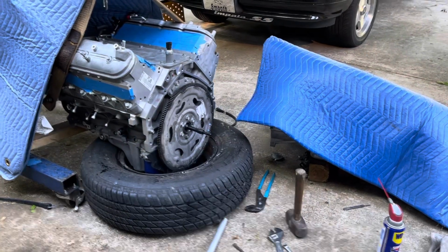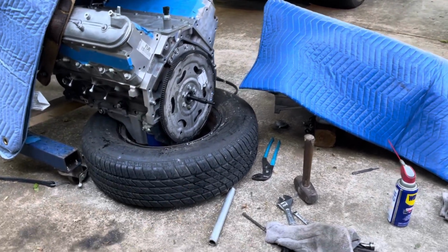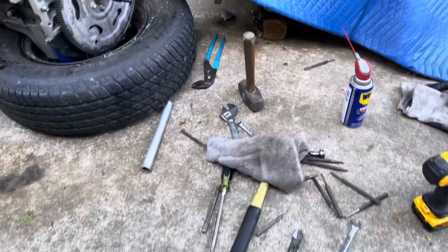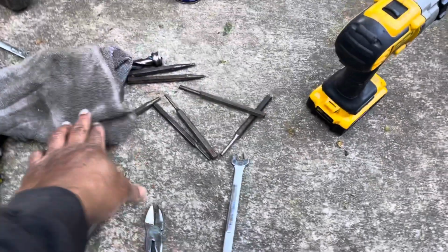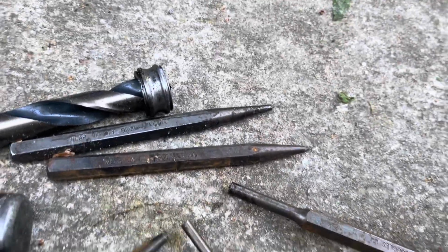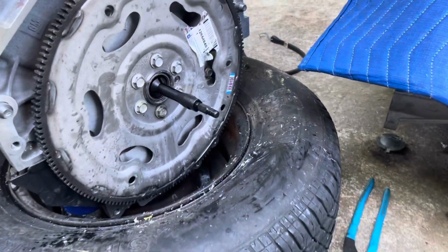Here we go. We're on day 4 with me wrestling with this pilot bearing. Yeah, I bought a pilot bearing puller set, but that didn't work. So that small sledgehammer, those pliers, everything that you see right here on the ground. See that little bearing? Got it out with that drill. And got to get the race out. So once I get the race out,